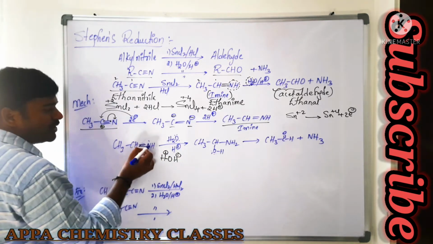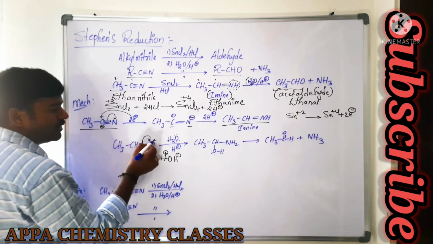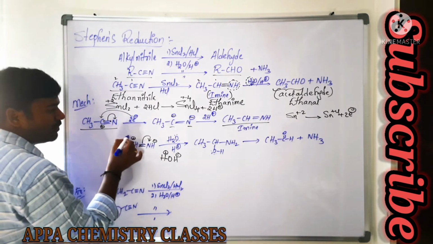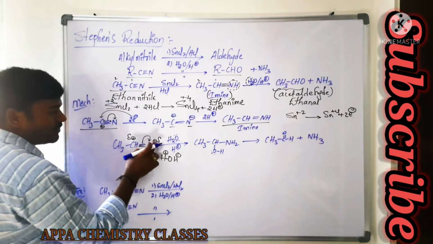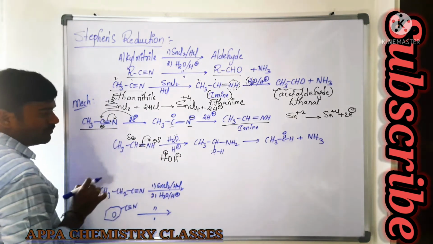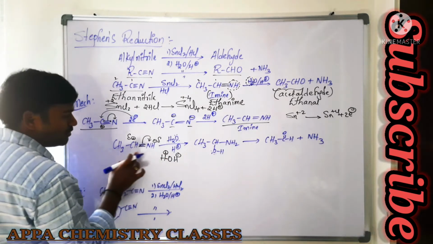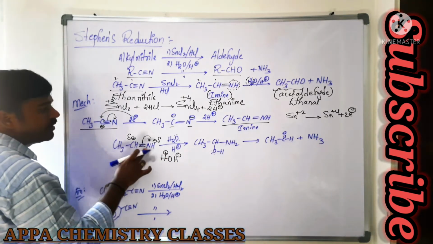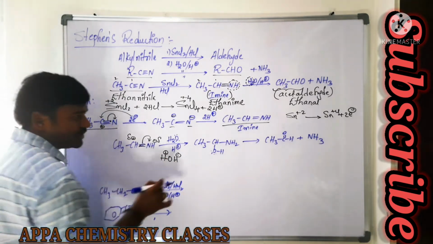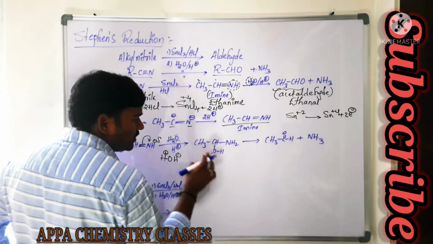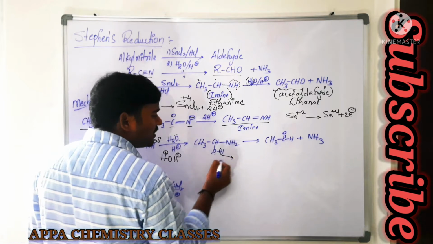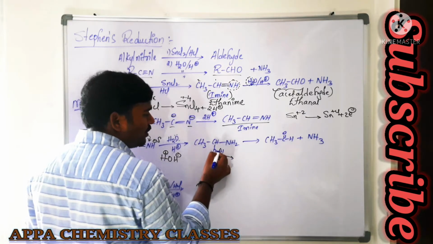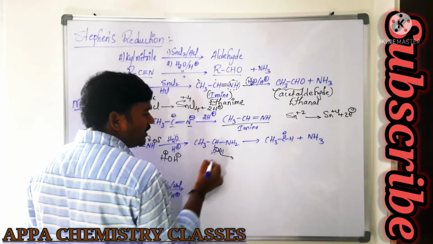Now this nitrogen is more electronegative. It gets the partial negative charge, and the carbon gets the partial positive charge. So then what happens? Plus will go to minus, and minus will go to plus. That is, the OH minus ion is substituted on this carbon, and H plus is substituted on this nitrogen. This is NH2COH. Now you see in this case, this hydrogen is lost as H plus. This bond is shifting here.